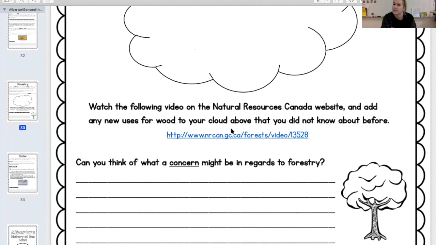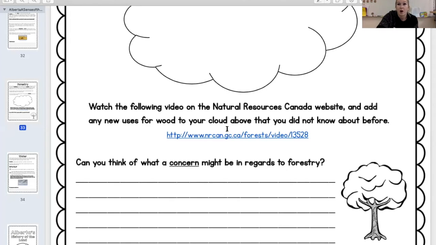Do you know what the word sustainable means? Sustain is like to keep something going or to make something last. So sustainable basically refers to practices or actions that they take while cutting down trees to make sure that they don't cut them all down or lose all the trees or use too many trees. So sustainable forestry is the safe and lasting use of trees.